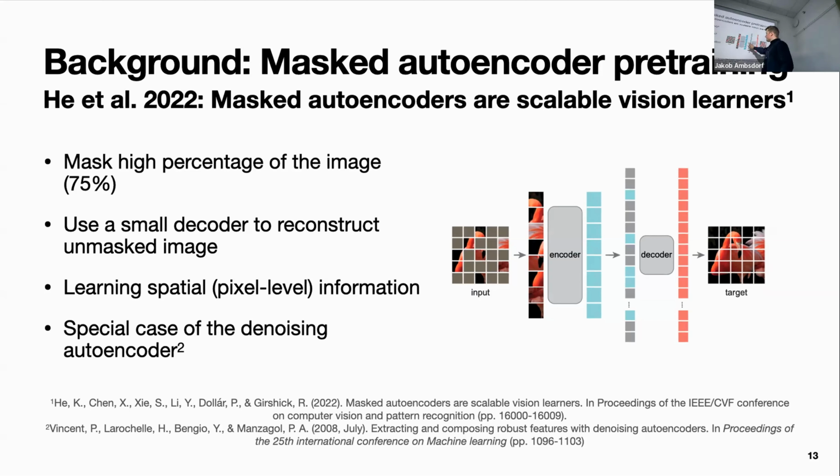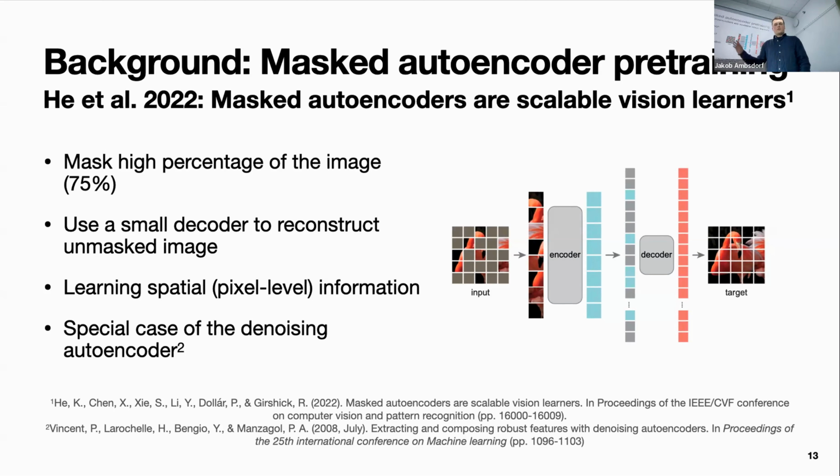You get your patch embeddings, only of the ones that you actually have. And then you put these into a decoder to reconstruct the target without the mask. You could imagine that this is really nice for learning actual pixel-level information, like where things are, where they are exactly. But it's also quite challenging. But it turns out that this is quite a nice way of learning representations, and you have quite a low number of hyperparameters that you need to tune in order to get this to work.